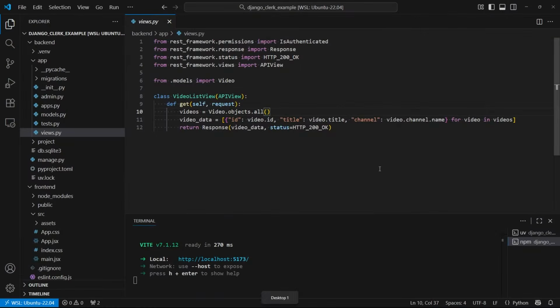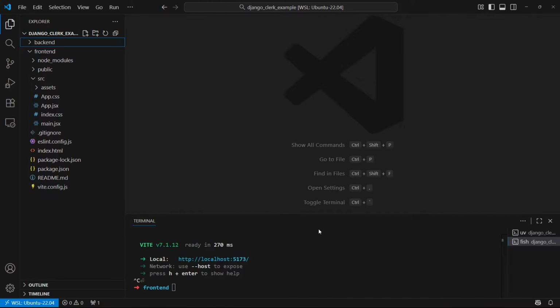Now let me go back over to the code. The first thing I want to do is work on the front end. I have 2 terminals open, one for the back end, one for the front end here. I'll start with the front end stuff, so let me close the back end folder and this file. I'll do everything on the front end first, and then we'll move over to the back end to integrate everything there. What I want to do first is get Clerk working on the front end,